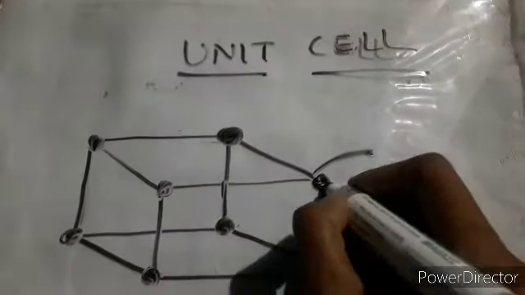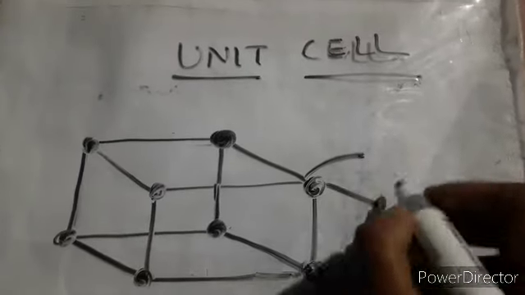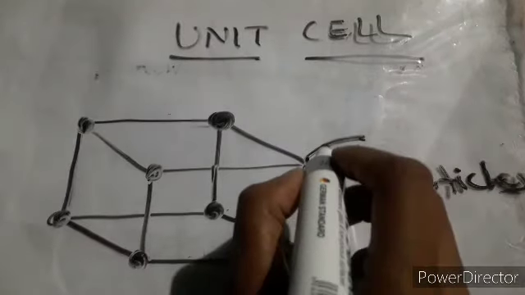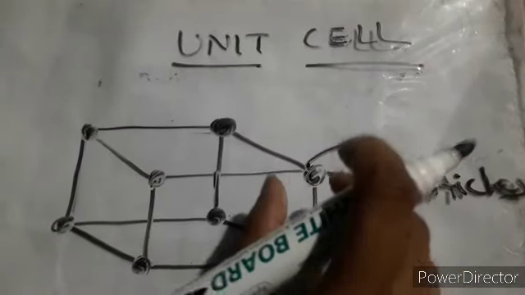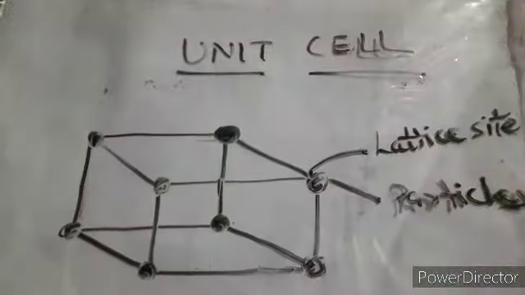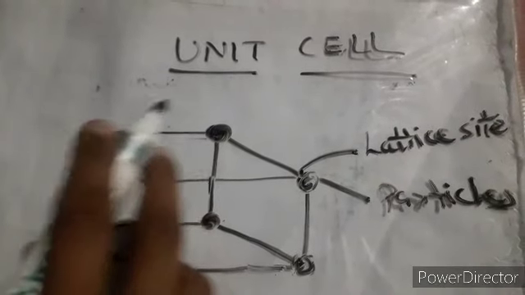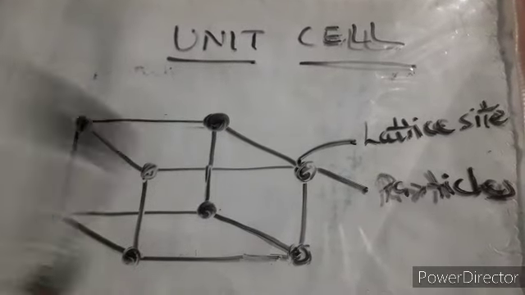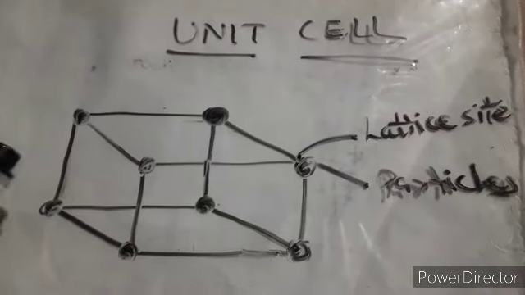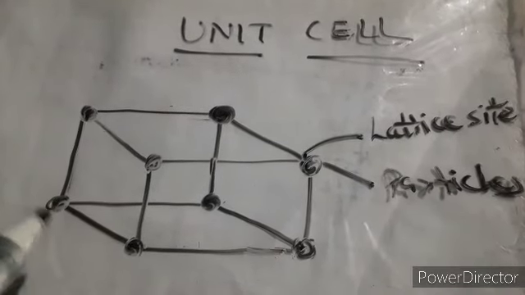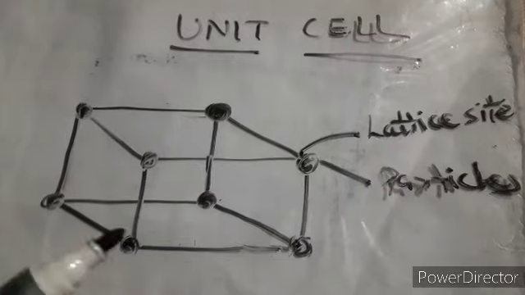I'm not talking about this thing. This black color is what? These are the particles, and I am just talking about the place or the position where these particles are placed. That is your lattice site, right? So a single cell you have taken from the lattice, and that particular cell is the unit cell. It has the same geometry, same dimensions, same conditions. Everything will be the same as you are seeing in your crystal or your space lattice or your crystal lattice. Now we'll see more things also, like about the edges and all that.